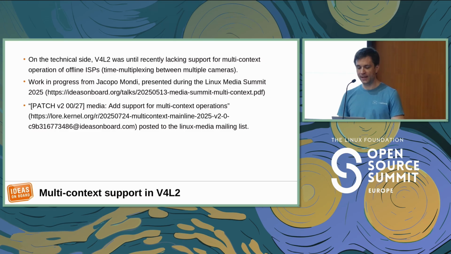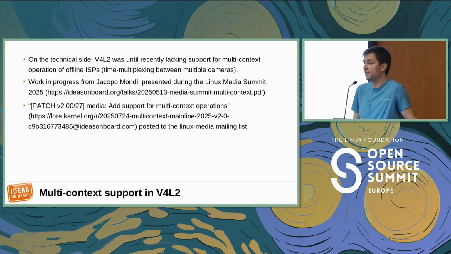So on the technical side, there are things that were lacking until recently in Video for Linux, for instance, support for multi-context. Multi-context is the ability to time multiplex your memory-to-memory ISP between different cameras. That's something that we didn't really have. DRM doesn't have that either, but you can implement a custom API for a DRM driver to do things like that. But it's now work in progress from my colleague Jacopo